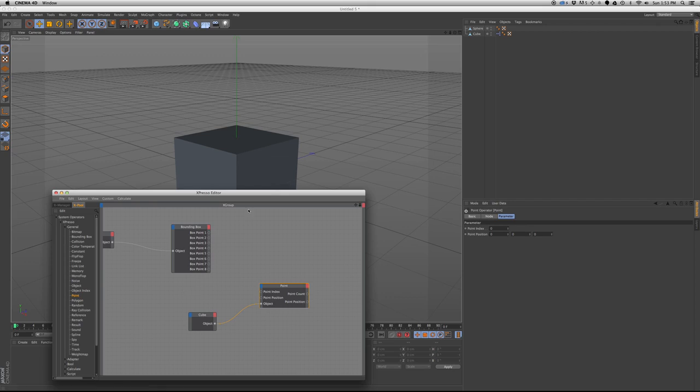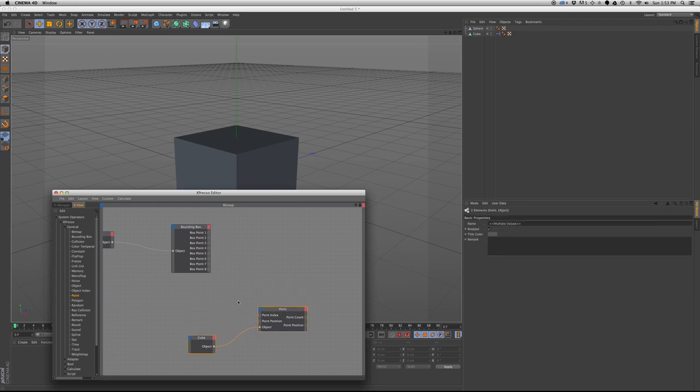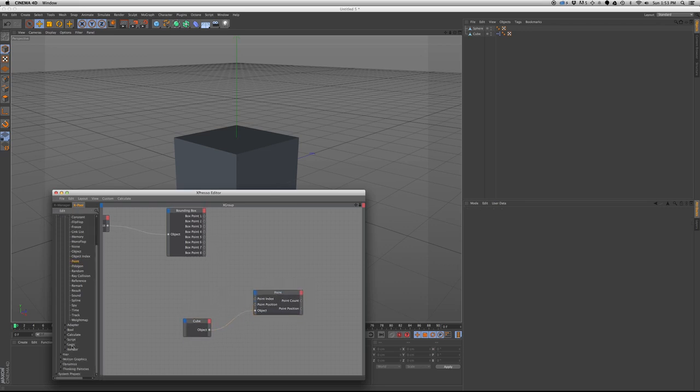Regularly you would just have to duplicate this 8 times and then plug in this point to each one, making sure the point index is defined correctly. But I figured out a way to make that process much easier and not have to duplicate. So the way we do that is we bring in